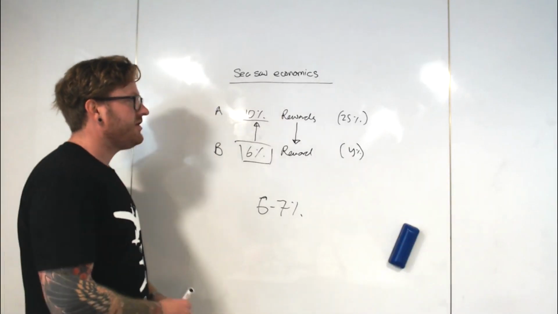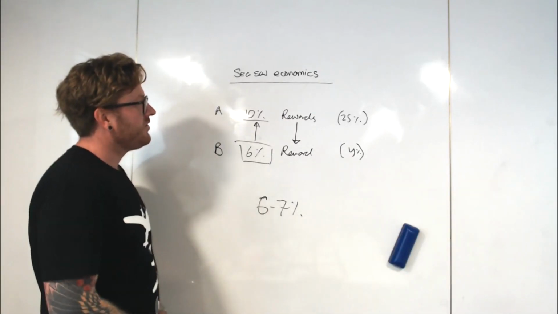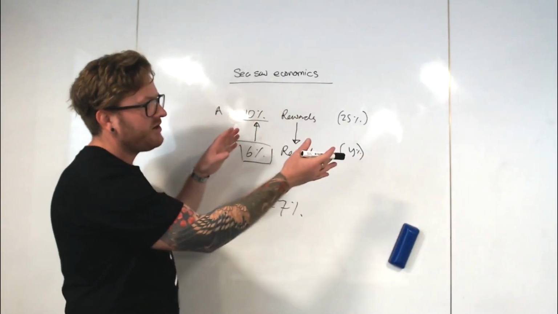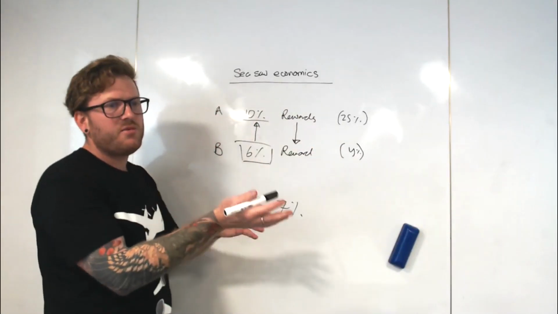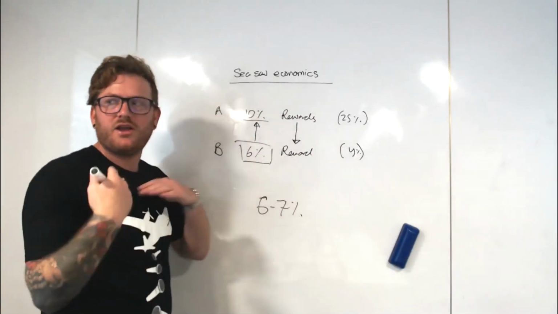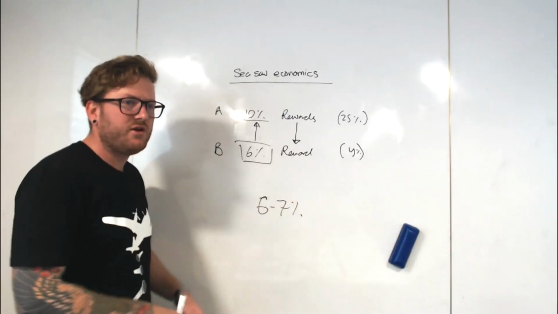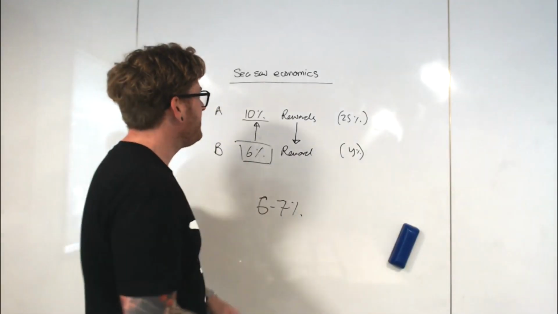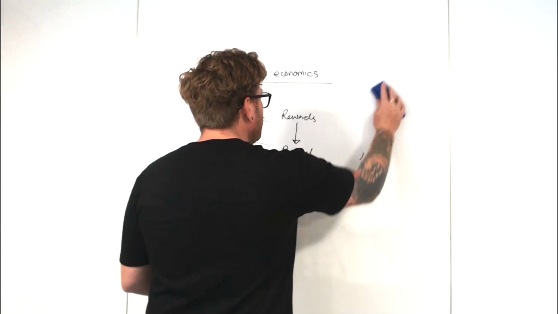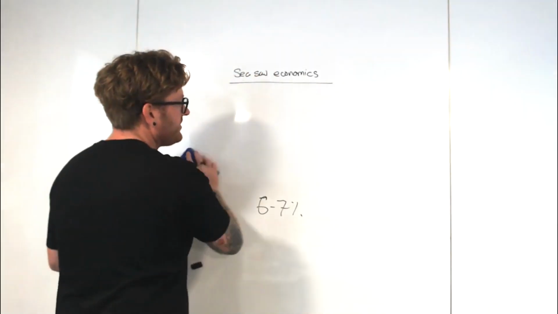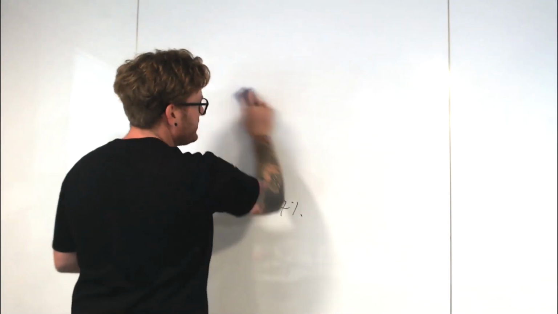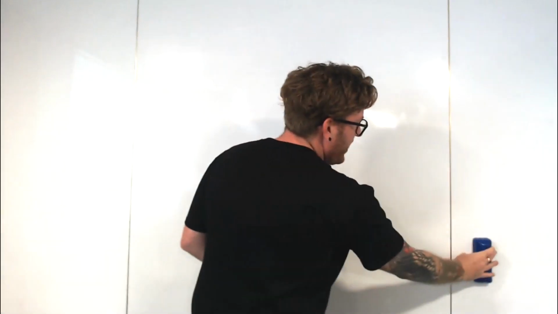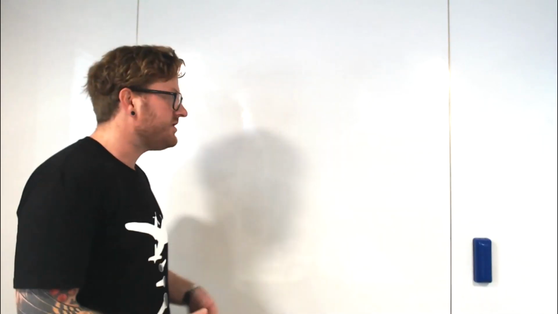But effectively, this is how sort of seesaw economics work, and more people join until it becomes not worth their time, and then some people leave, and then it becomes worth it again, and then it kind of goes backward and forward elastically until it finds a happy sort of medium. So in that way, having this higher reward per person at the beginning is a way of securing the network as well, because it attracts more people to join the NavCoin network and start staking, which increases network security.